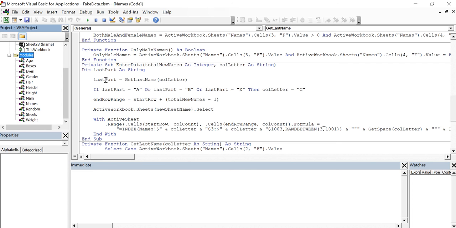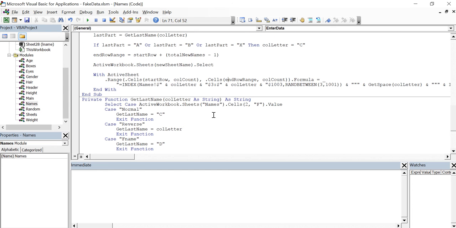So I created a variable called last part that is a string that holds the value we are returned from a function called getLastName, and getLastName also returns a string, and we're passing in the column letter. And basically what we're looking at is that very first column letter versus what we chose here for